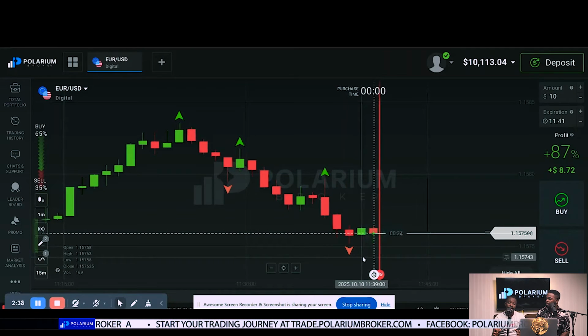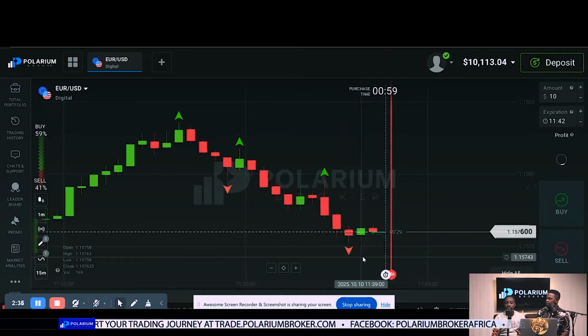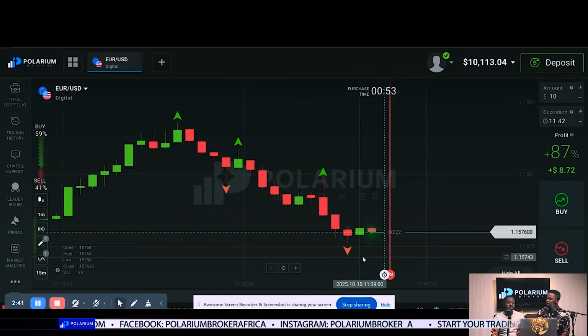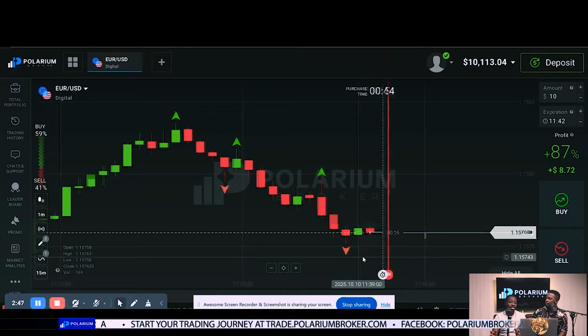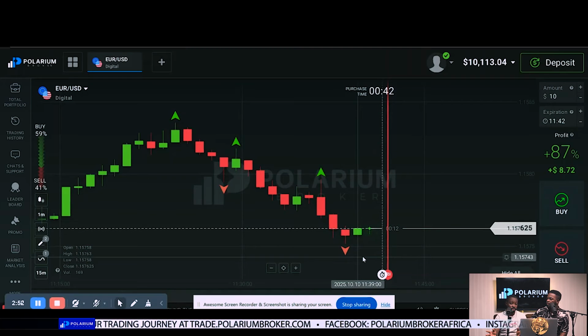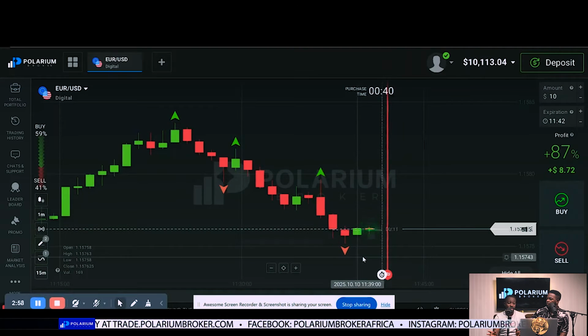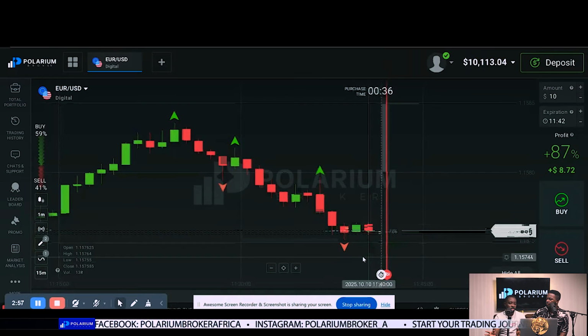Like if you have a day job and you are only free at night, then you may not be able to trade some foreign currency pairs. That is when you move to over-the-counter, OTC, because those are available 24/7. But if you always have like 3 or 4 hours during the day to trade, and you can pick 2 hours or even 1 hour to trade, then you can do the normal currency pairs.